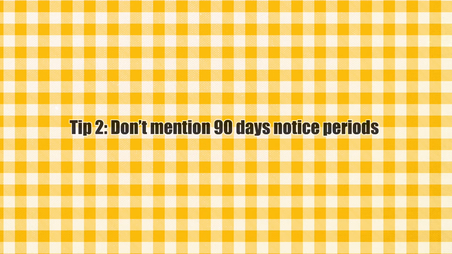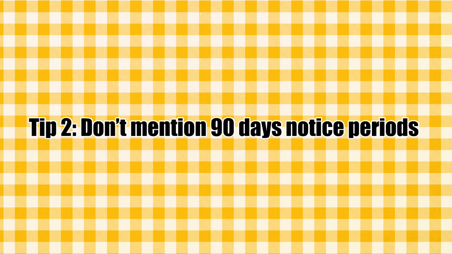Tip number 2, don't mention your notice period as 90 days. Yes, please don't mention your notice period as 90 days. You will not get any call from Naukri. Either mention it as 45 days, but if you think it's very less, then mention 60 days. Now, your question will be, my notice period is 90 days, how can I mention it as 60 days? So you must be having a payout or buyout option in your company. So if you have, you can go for a 1 month buyout option as well, right?